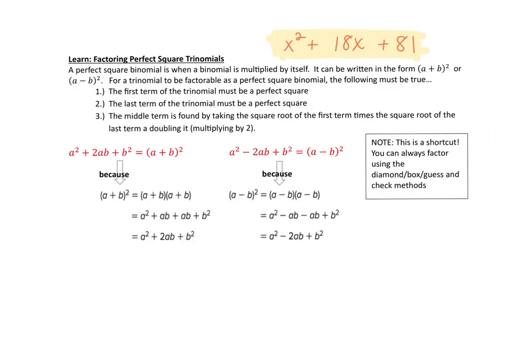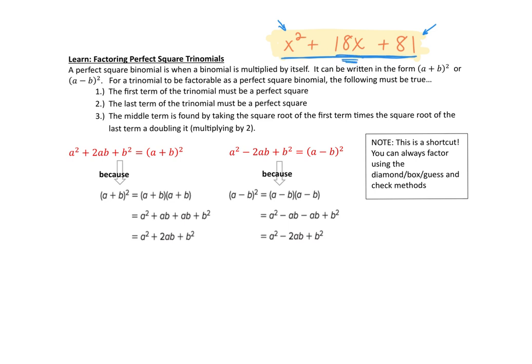All right, the next little shortcut that hopefully you learned on Friday looks something like this for factoring perfect square trinomials. We have a trinomial. You guys can see that there are three terms. Something that is special, this is what you want to notice: if you look at the first term and it's a perfect square, and you look at the last term and it's a perfect square,